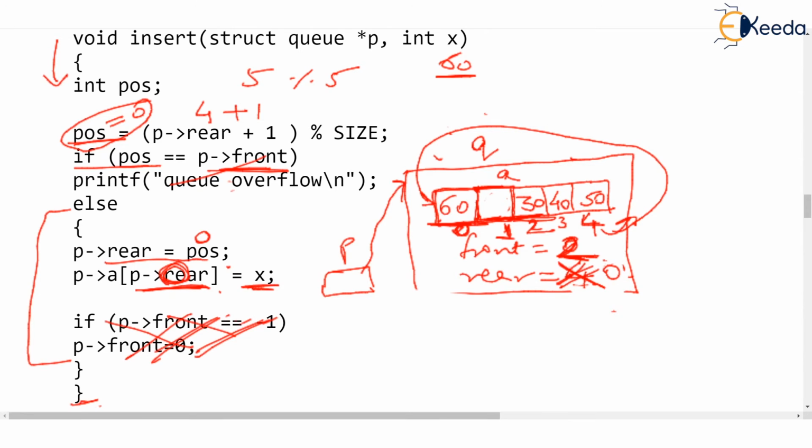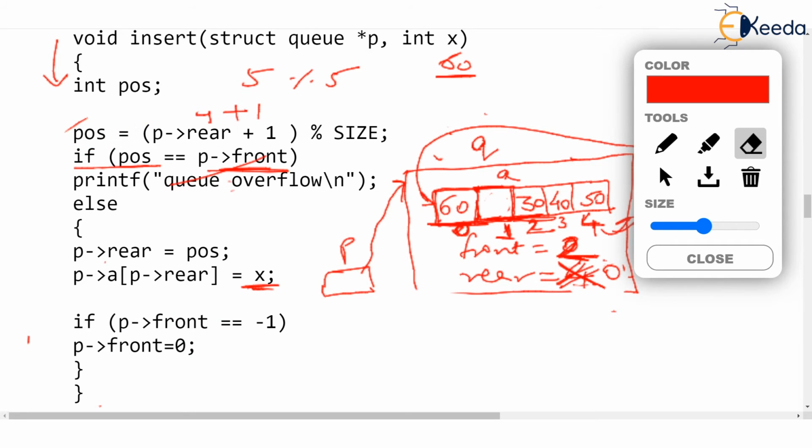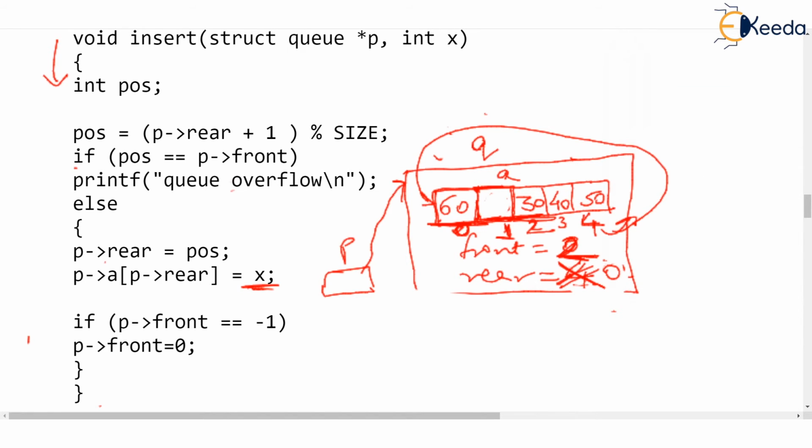What a fantastic queue we are having. You watch. The queue here, let me clean out a few things again. The queue here is having front equal to 2. Watch out. Front is 2 and rear is 0. What that means is that the queue is now holding the values starting from front. Be careful. So front is 2, that is storing 30, then 40, then the fourth element is 50, and the 0th element is 60. The first element is still vacant. But this is front. Front is 2 and rear is 0. That means the elements of the queue in that order are 30, 40, 50, and 60. I hope you got this.